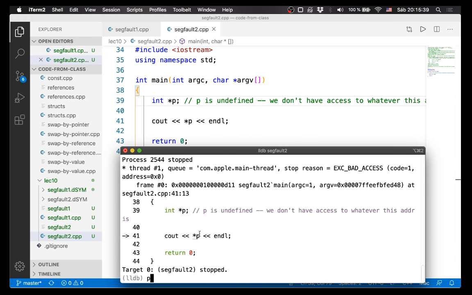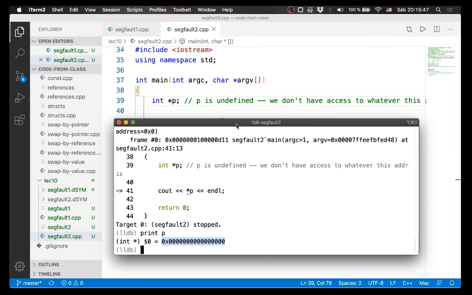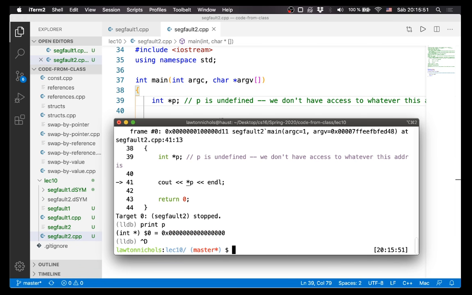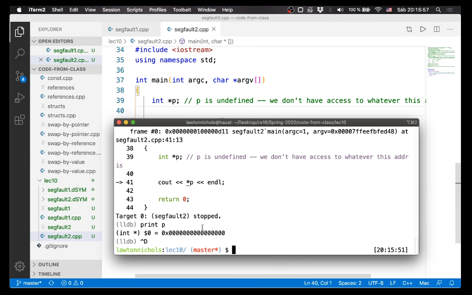So, oh, okay, that means there was some issue with p, so let's print p. And oh man, was it null. So that's really going to come in handy. Please use this debugger on your own code when you get a seg fault. It'll tell you exactly where it happened, and you can print out all the values of the variables that would have affected